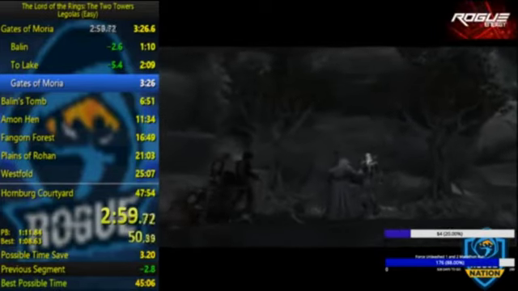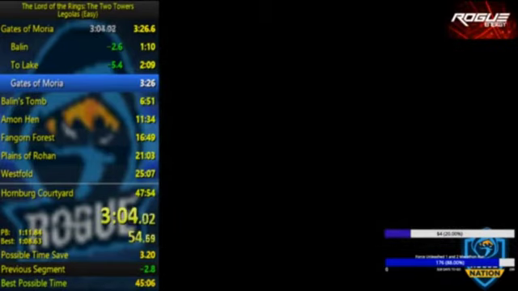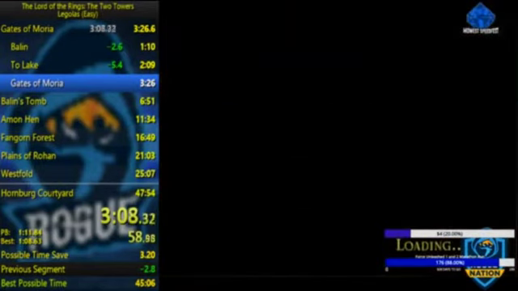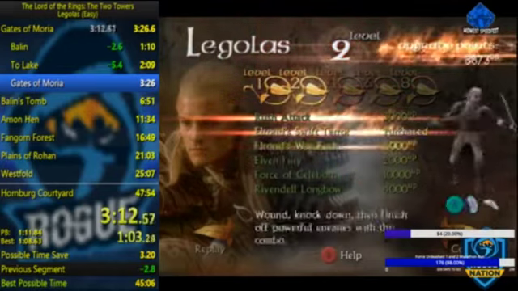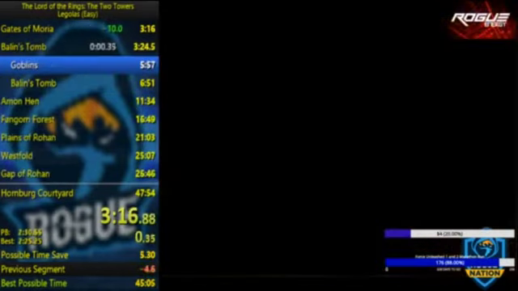This is the dawn. So we finished Gates of Moria. We're going to go into the end of each level, where it's going to tally up all of our upgrade points, and then we get to buy abilities. The abilities that we're going to be buying are Elrond, Swift Terror, and Elven Fury, which actually, oddly enough,